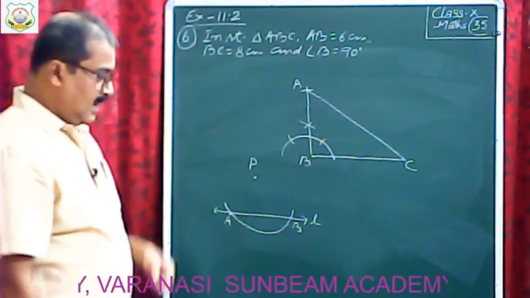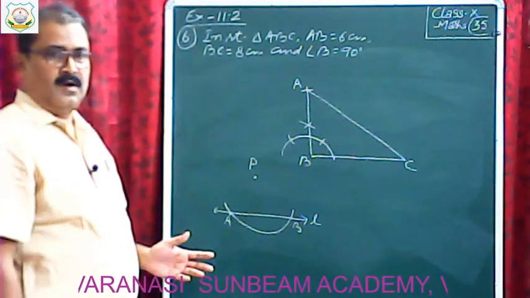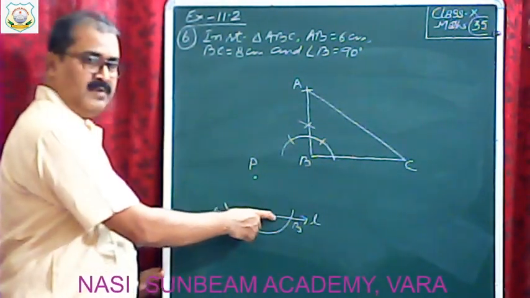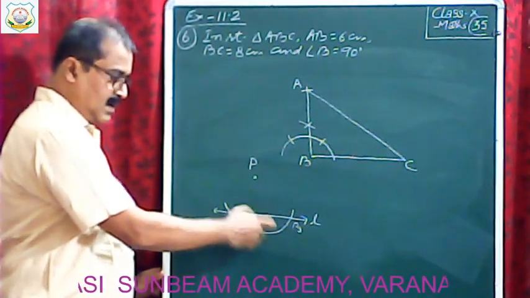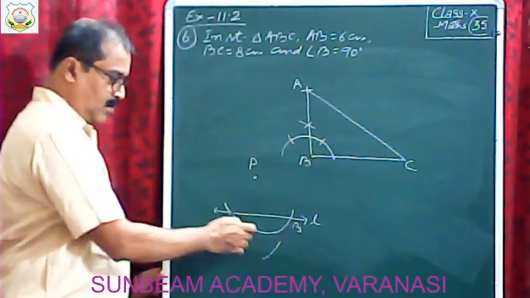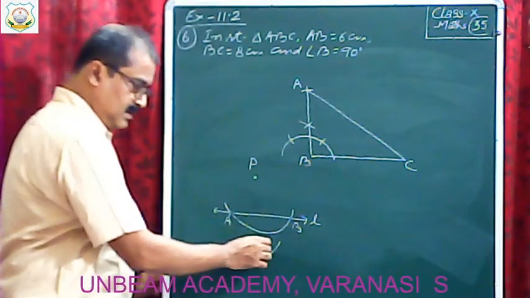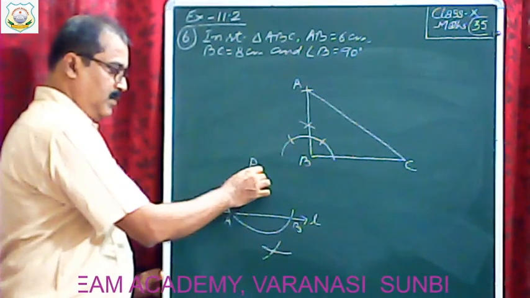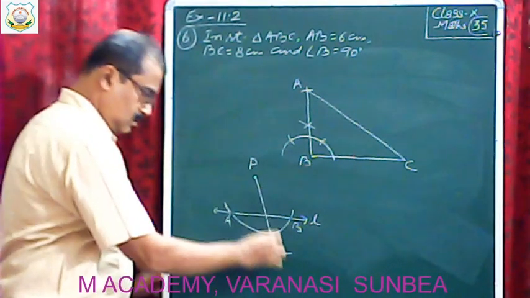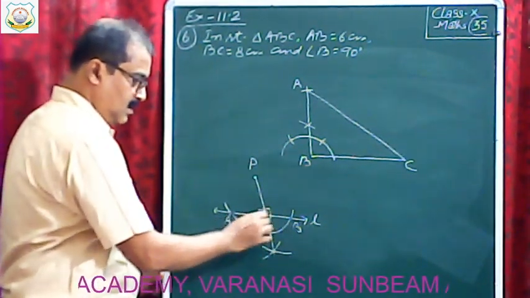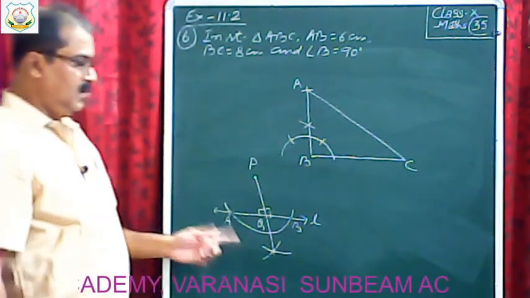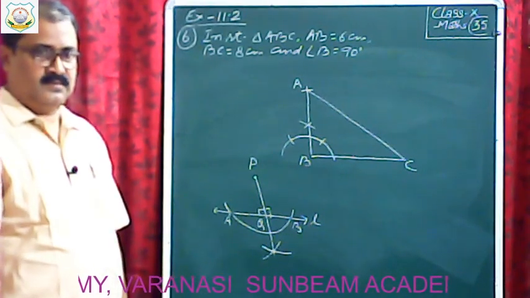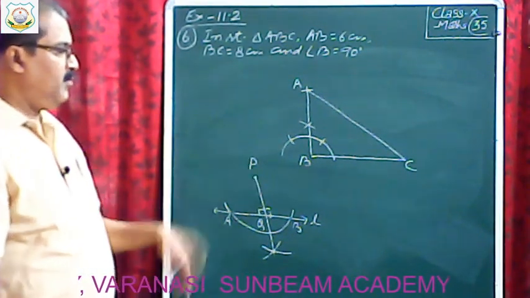Clear? And thereafter the same process of perpendicular bisector you have to follow up, taking A as center, more than half of the length of AB as radius, draw arcs from A and from B also same radius, another arc. We get the point of intersection, and with point P we have, join both the points, we get PQ, that is perpendicular to line L from the given external point.